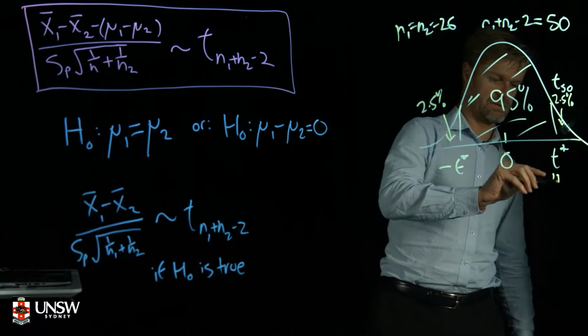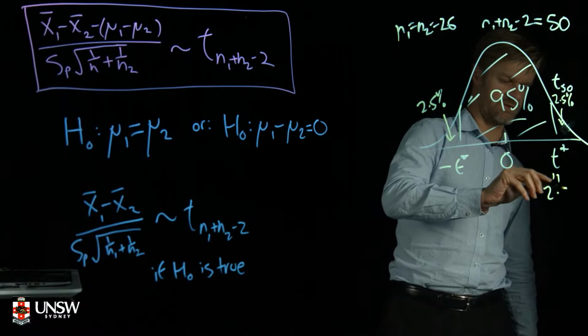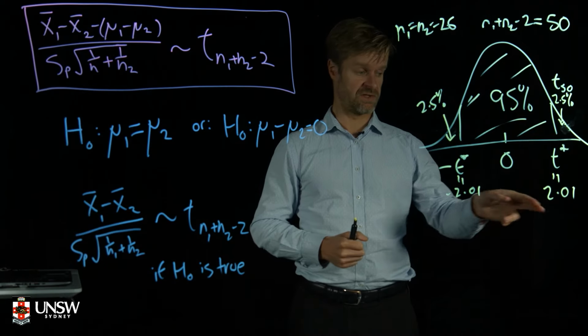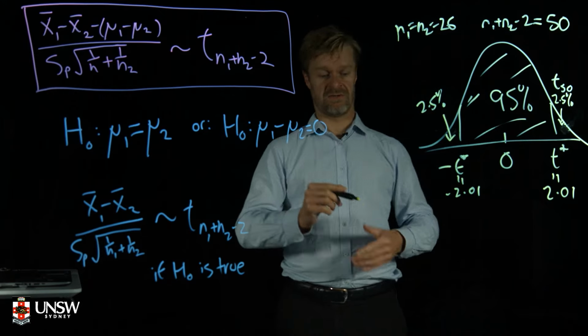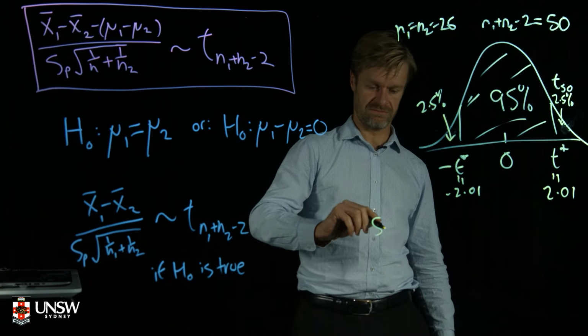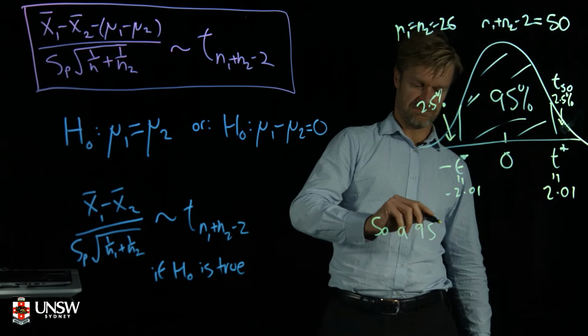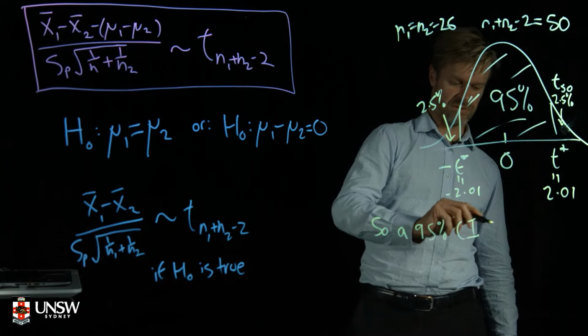It's 2.01. So if you had 52 observations and you calculated a sample mean difference, 95% of the time you'd expect to get within about 2.01 standard errors of the true mean difference. So if you want to construct a confidence interval for the true mean difference,